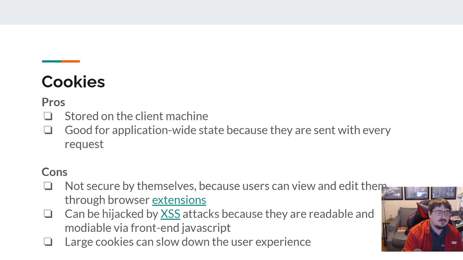Or if you allow the user to put JavaScript in there, I could potentially change your theme to dark theme without your permission, right? So you do have to be wary of XSS attacks when you're thinking about these authentication mechanisms, and especially the